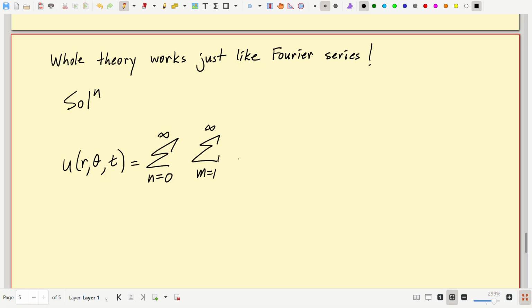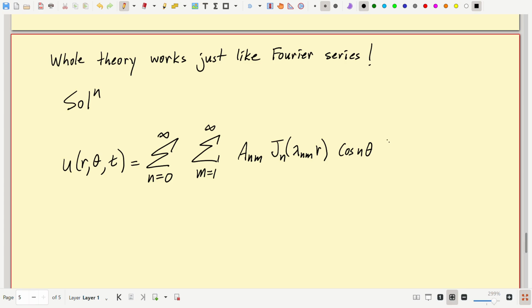And then I'm going to get A_nm, the nth Bessel function, multiplied by lambda_nm r, cosine n theta. Let's do cosine n theta here. And then the t function turns out to be,